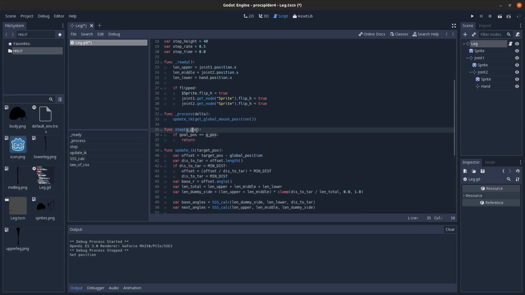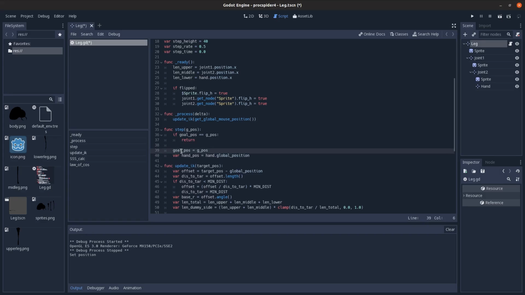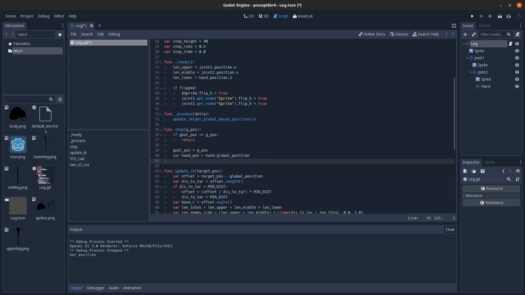We're just going to check if our new goal position is equal to our current goal position, and if it is, then don't do anything. We don't need to take a step if we're already there. Otherwise, update our goal position, set our hand position to be whatever the end hand position is, then calculate what